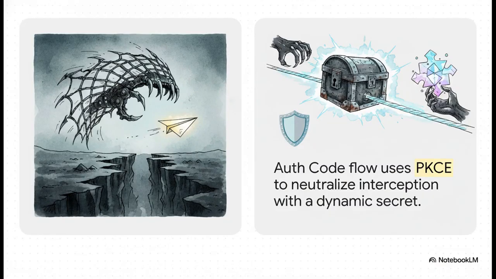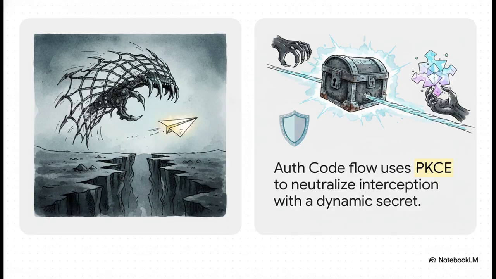Now, what's really interesting about this slide is seeing exactly how we protect modern OAuth architectures. The legacy implicit flow is highly vulnerable because it completely bypasses secure back channels and returns tokens directly to the client browser, exposing them to malicious scripts. Yikes. The modern standard rigorously defends against this by utilizing the authorization code flow augmented with PKCE, that's proof key